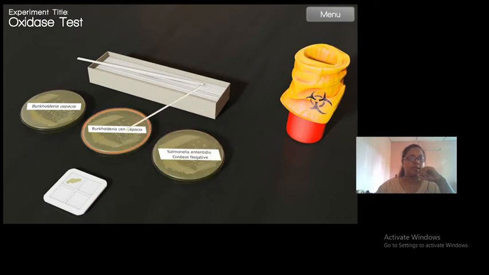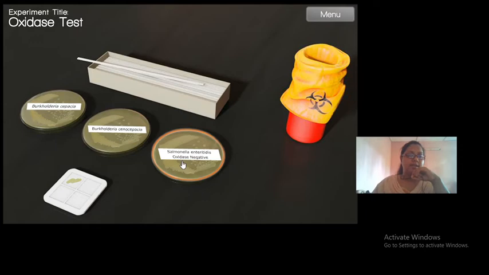Okay, I'm going to try again. So I have this stick which I already used, and I'm not going to use it again. So it is going back here in the dustbin. Okay, now we have two more organisms to go, and you can see only the names are here. Once you perform the test, you will get the oxidase result just like this one.